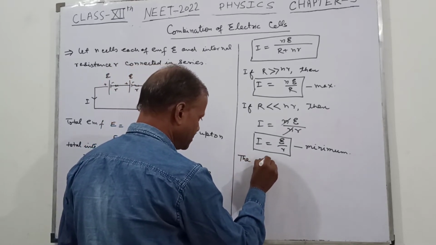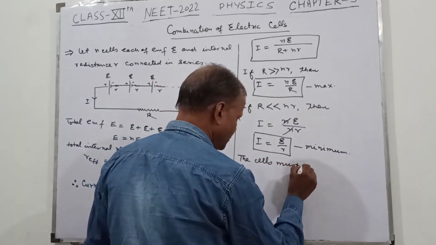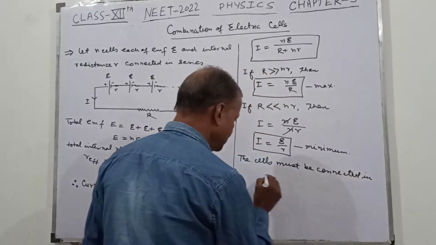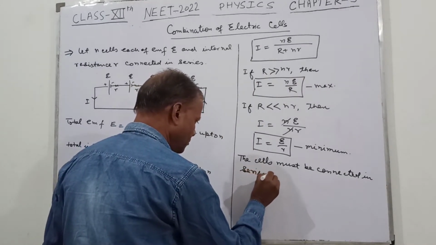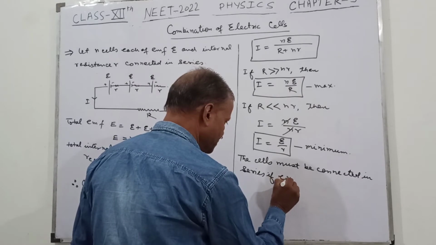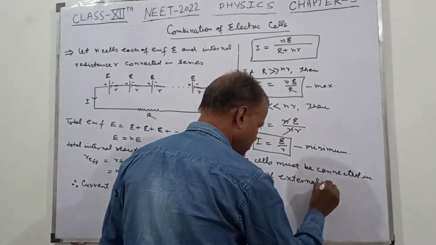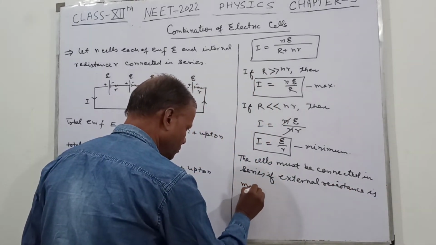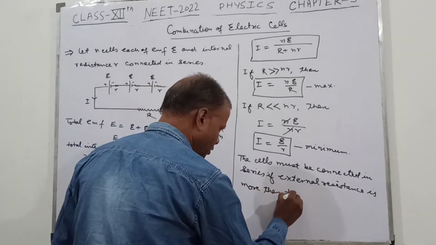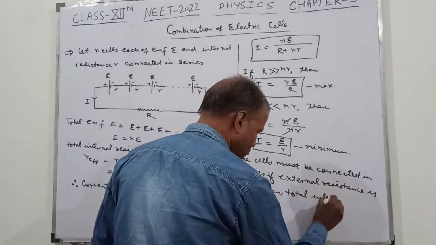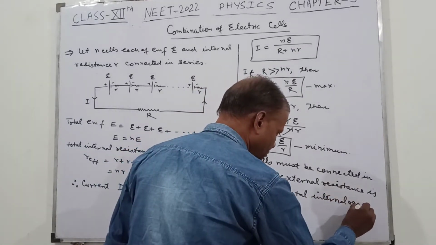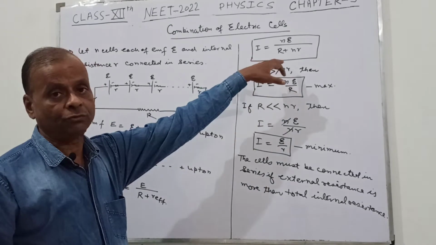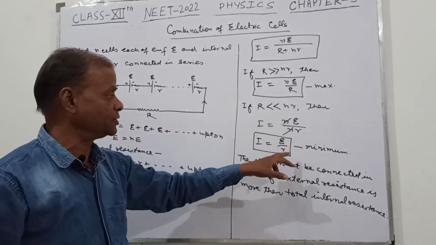The cells must be connected in series if external resistance is more than total internal resistance. जब ये कंडीशन हो तभी सेल्स को सीरीज में लगाना चाहिए, अन्यथा इससे लगाने से कोई फायदा नहीं. Either